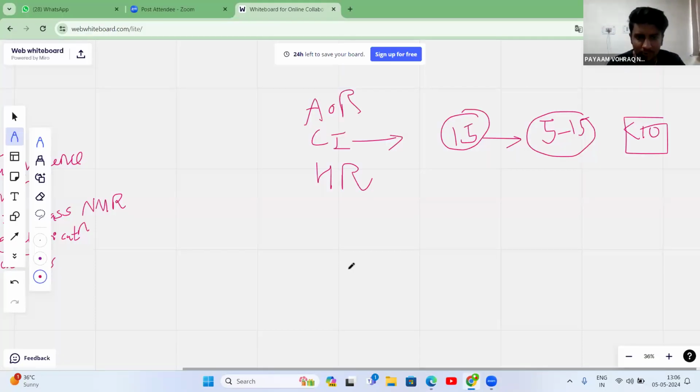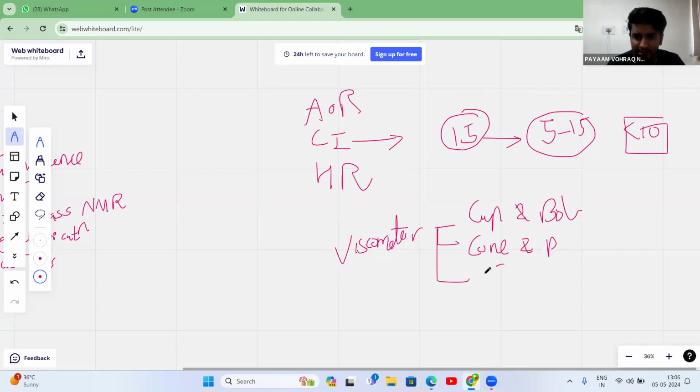From rheology, you need to know the viscometers. Viscometers are of different types. Can you give me any names? Cup and bob, cone and plate, Couette, Searle, MacMichael viscometer. And then besides this, we also have